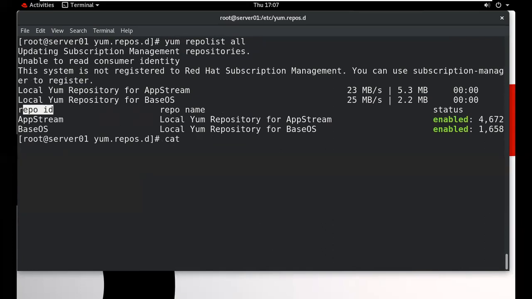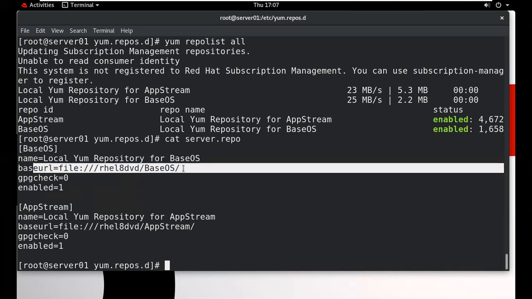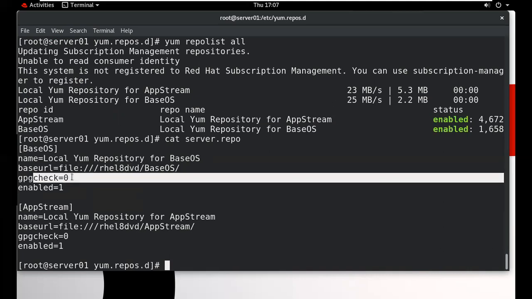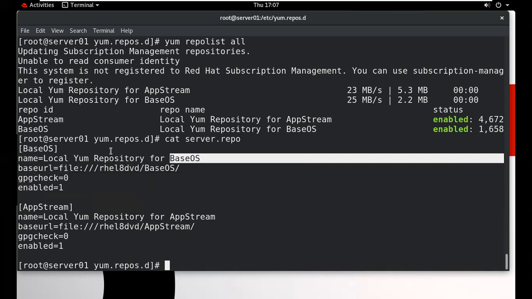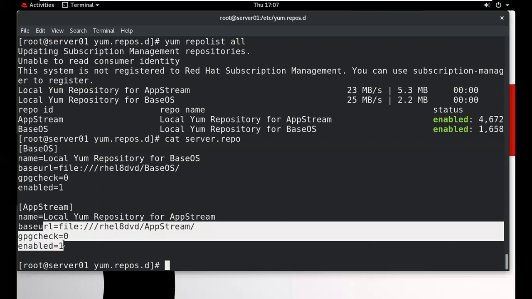Cat. What is the name of the repository? This is your ID. This is your ID name, and this is another ID name. This is the description. This is a name that I have typed here. You can type anything here, but this is the same. This path will be the same for any, and this is also the same, and this is also the same. You can change here and here. These two options you can change, but these should remain the same.